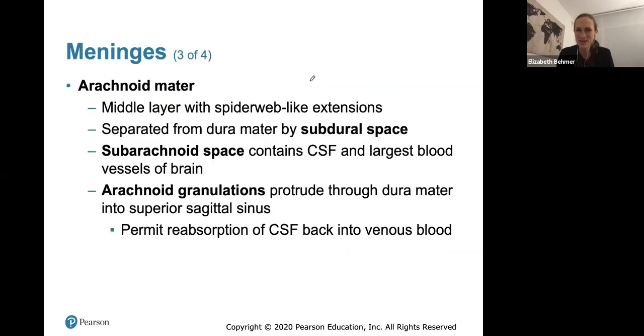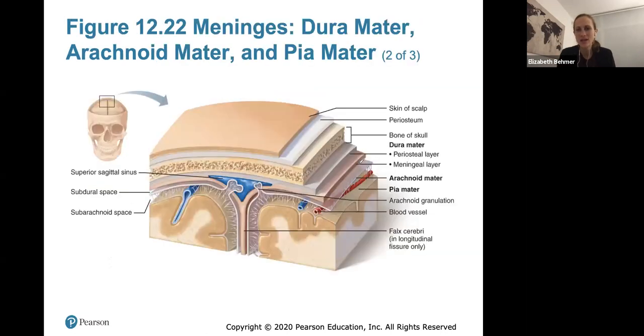The next layer is the arachnoid mater. It's called arachnoid because it has some spiderweb-like extensions. It's separated from the dura mater by the subdural space. And this subarachnoid space, which is right below it, contains cerebrospinal fluid and the largest blood vessels in the brain. So that is the arachnoid mater you can see there, and you can see how it contains the largest blood